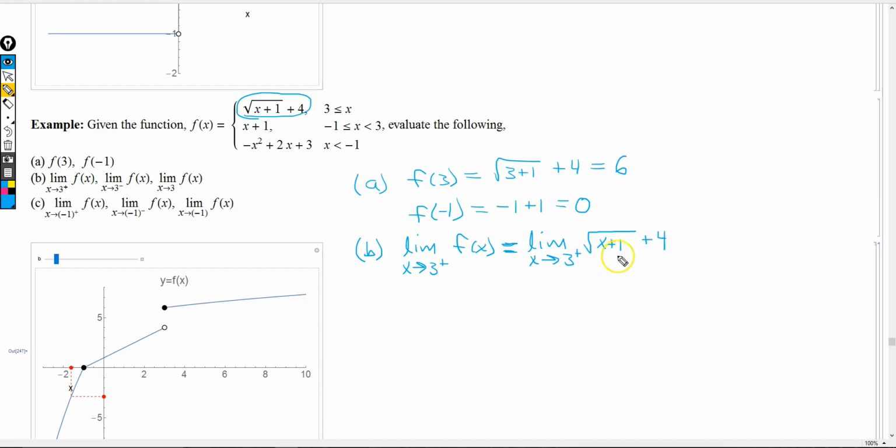And now, because this is a well-behaved function, I can just plug that 3 in for the x. Square root of 3 plus 1, plus 4, and that's going to be 6, right? Square root of 4 plus 4, 6. The left-hand limit,